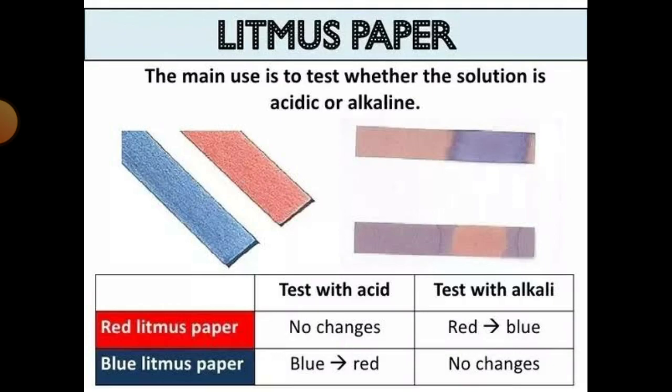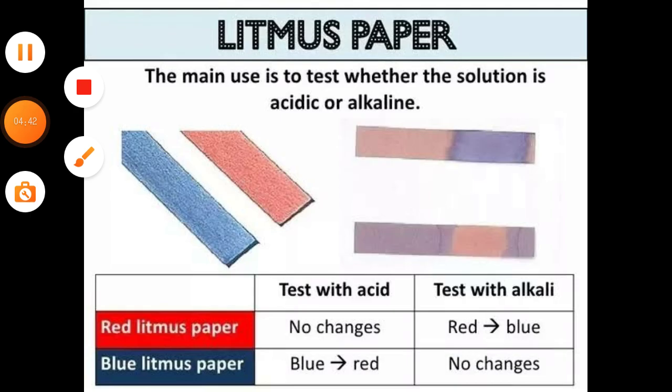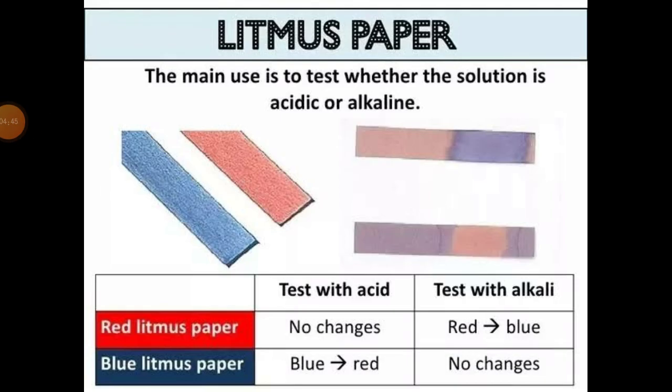Litmus paper. What is litmus paper used for? Like I said, I'm giving you a detailed expo. Litmus paper is used, the main use is to test whether the solution is acidic or alkaline, whether it is an acid solution or a base. Of course, you know we have red litmus paper